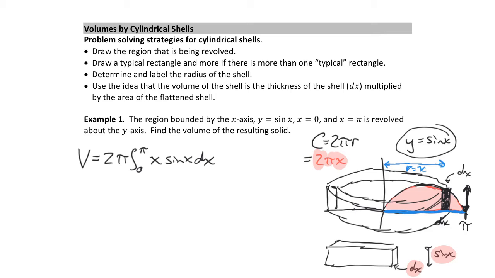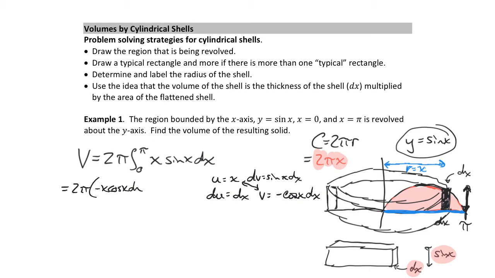So u will be x, dv will be the sine of x dx, du is dx, and v is negative cosine of x. So we end up with 2 pi. I'm not going to have a lot of room here, but x times negative cosine of x will be negative x cosine of x. We subtract v times du. Well, v is a negative, so we're really going to be adding the cosine of x